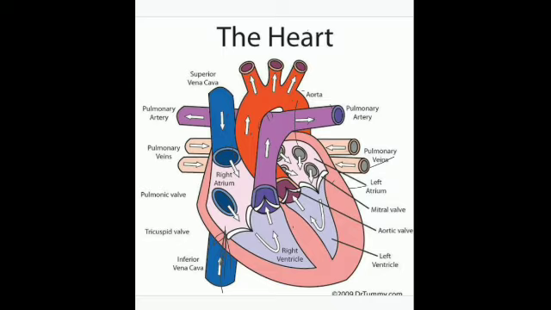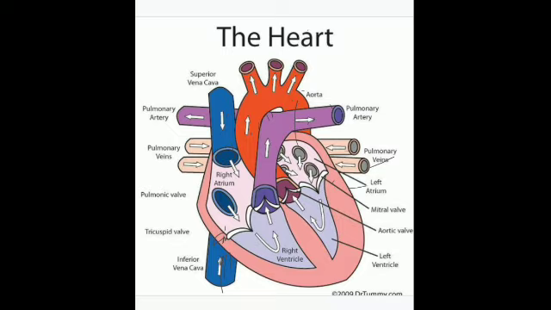Now when the ventricles get completely filled with blood, here on the right side deoxygenated blood, and on the left side the oxygenated blood, then comes the role of the tricuspid and bicuspid valve. I told you the tricuspid valve is present between the right atrium and the right ventricle. Is it clear? I had told you the position of the tricuspid valve, that is present over here. You can see this is the tricuspid valve, which is present between the right atrium and the right ventricle, and the mitral valve or the bicuspid valve is present between the left atrium and the left ventricle.